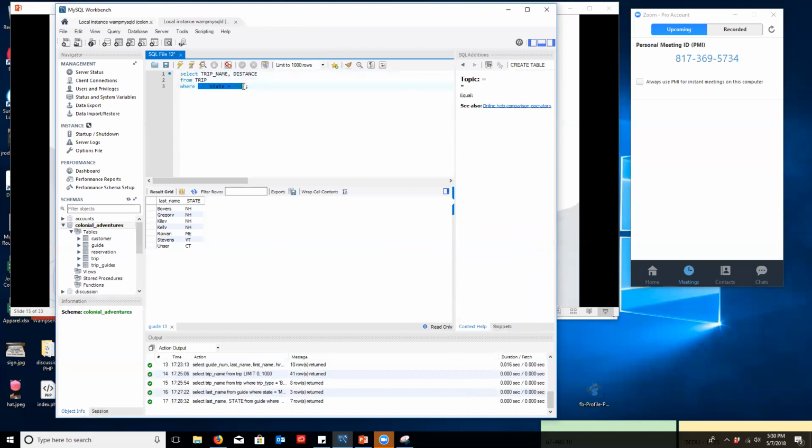So we're going to rephrase this where clause here. Where trip_type equals hiking and that has a distance longer than 10 miles. So we're going to add that and keyword right there. And